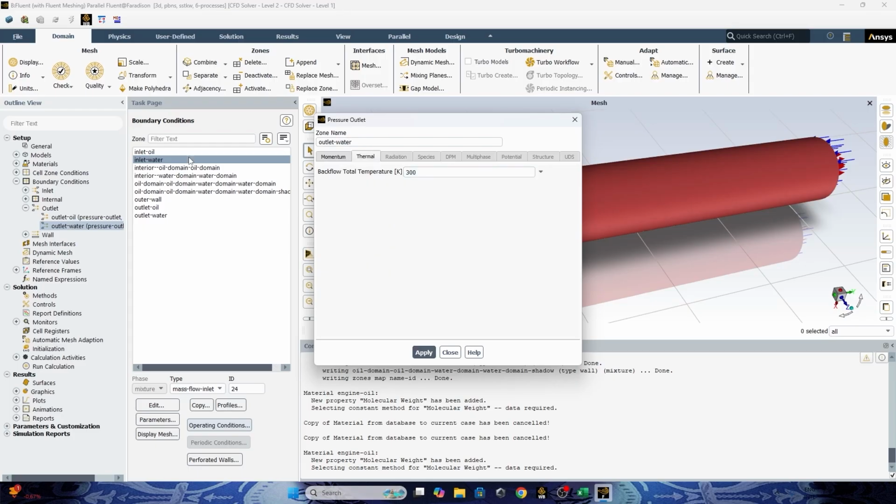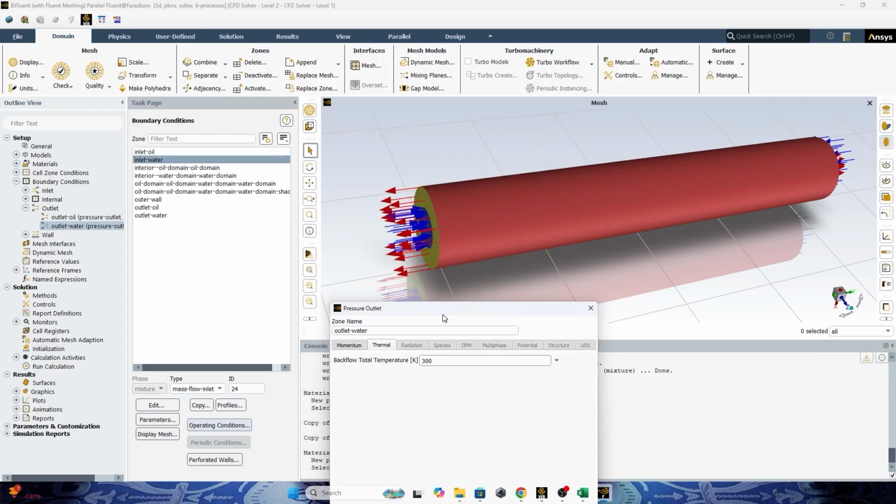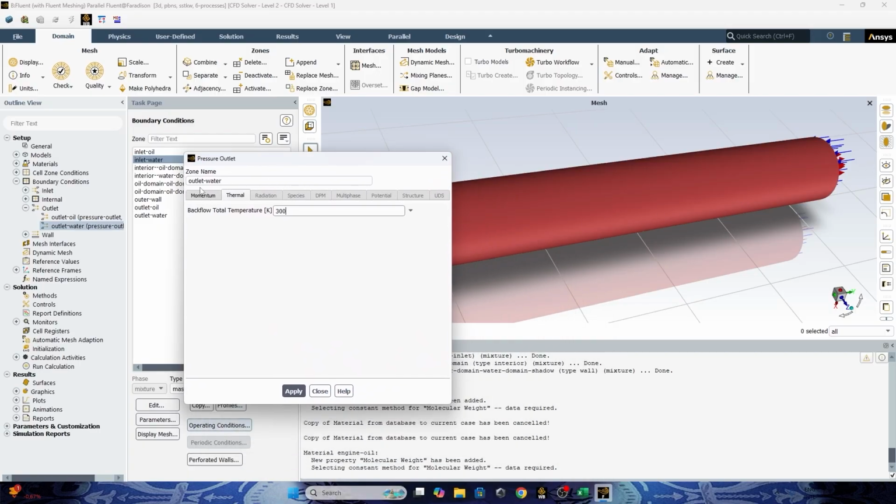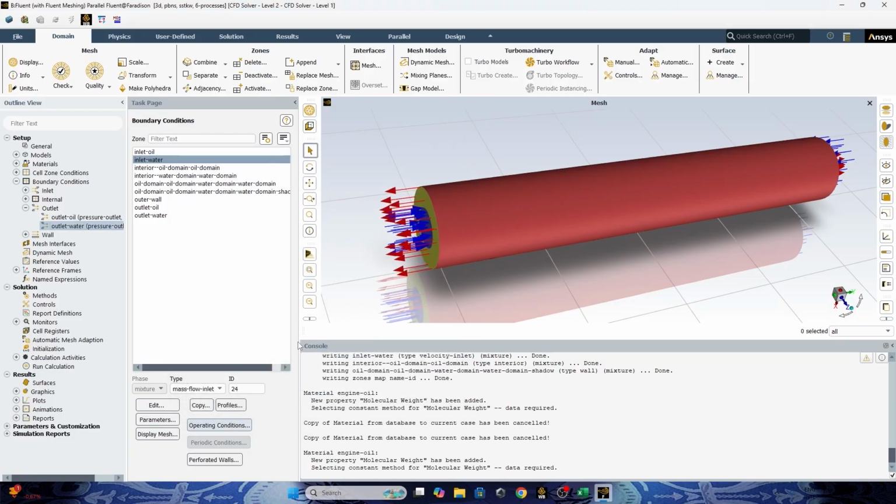And for the temperature, it is the same as for the outlet oil. Just take a guess. If the temperature inlet is 300, because this is the cold domain, the temperature outlet will be increased, maybe 310. Okay, and apply. And then you can close it.